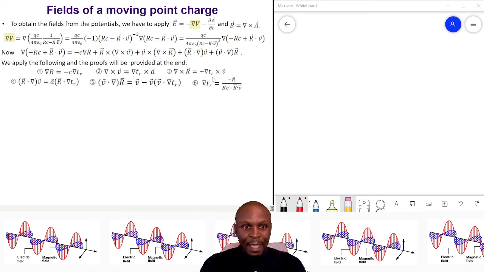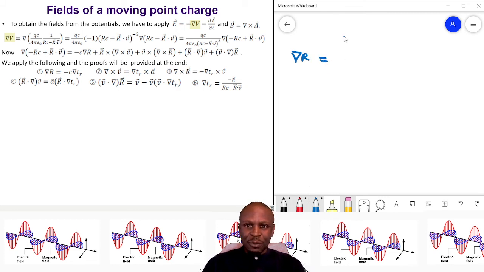Now I want to apply the following, and the proofs for this will just be given later. In fact, I've already shown you what this one here is. I've already shown you the gradient of R is just given by negative C delta R. And all others are just going to be given a little bit later. So for an example, if you have the gradient of R,